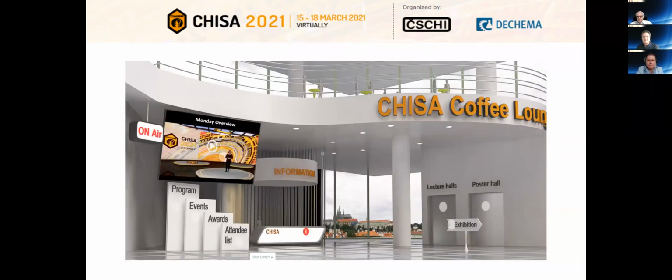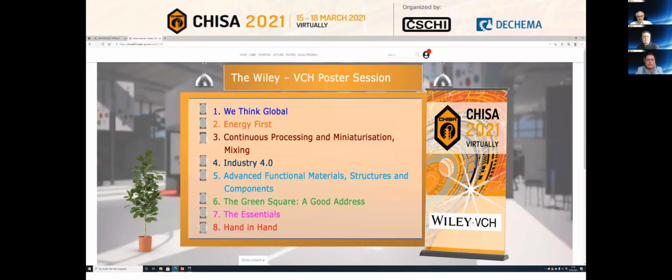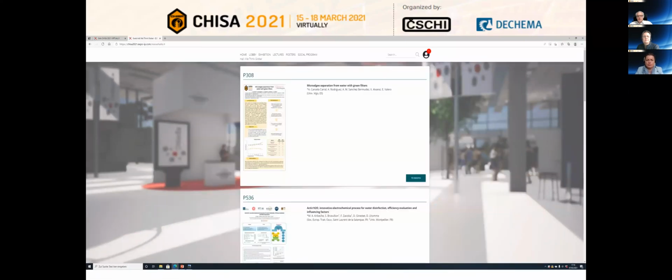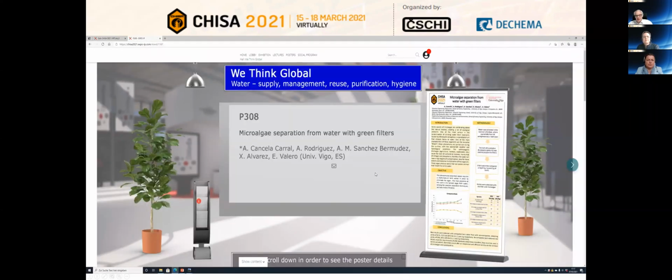Back in the lobby, this is, as I mentioned, the central hub, the central focal point. You can then enter the poster halls. Also here, you find the 8 topics. You can choose one, and then you find a poster list. What is really unique here at the CHISA 2021 is that we have not only posters displayed as you know it, we have poster booths. That means you go to the booth here, and then you find all the information. Booth authors can display information material here, and you can simply chat with the authors and exchange information.